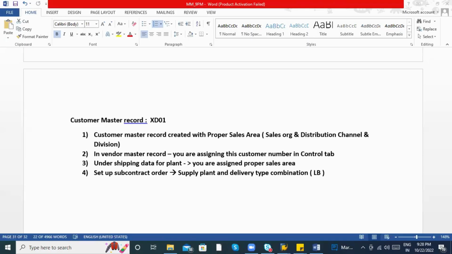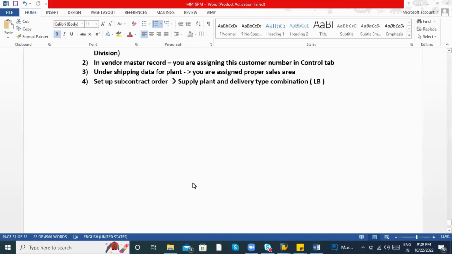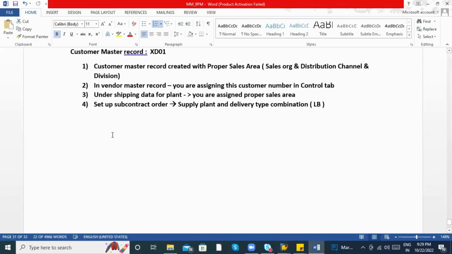As of now we discussed two processes. One is the vendor consumer process, which we completed. One is the subcontracting process. And one is the third party process, which we completed as standard. Now, can we go with one